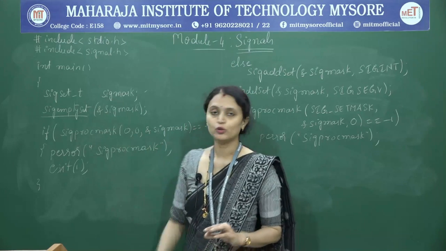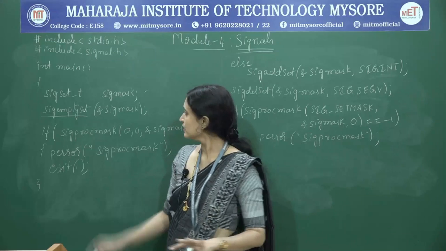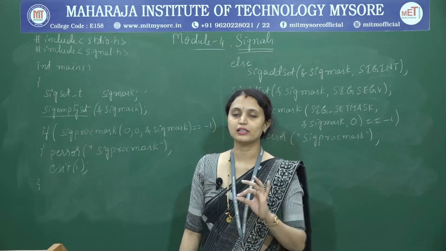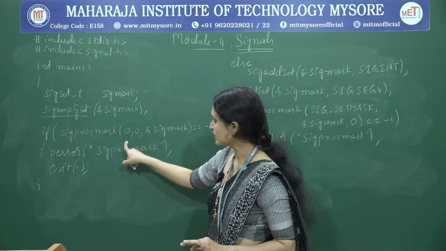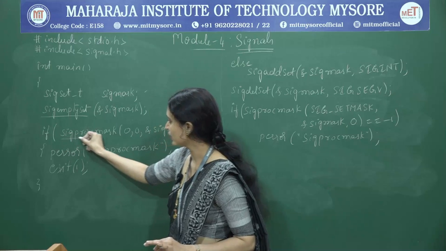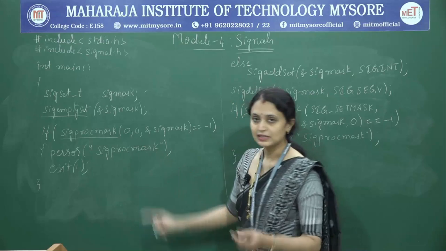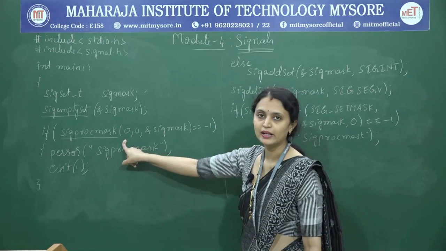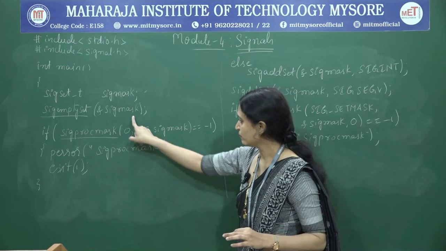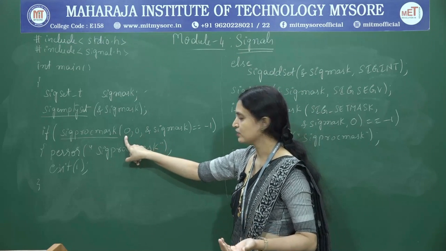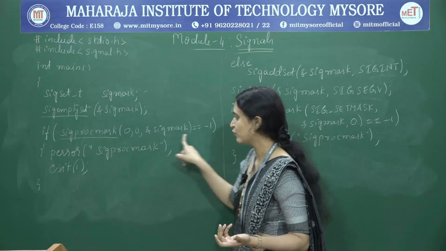Just now I have told you that this API will clear all the flags in the signal mask. Next I am invoking the API sigprocmask. Here it contains 3 arguments. The first one is command, the second one is new mask, and the third argument is old mask. I am not passing anything as the new mask, so obviously the command will also be 0. The third argument means the original mask; I am just retrieving the information.